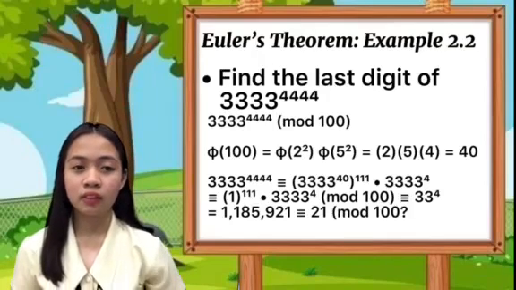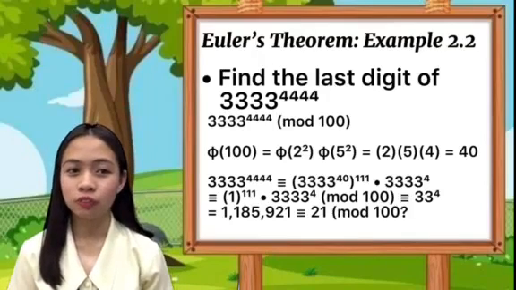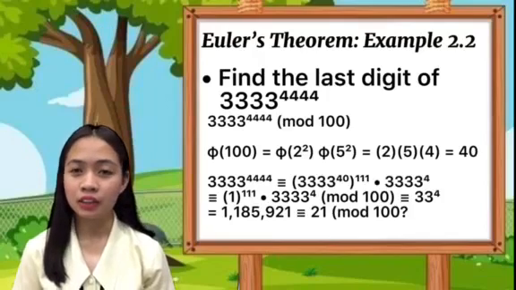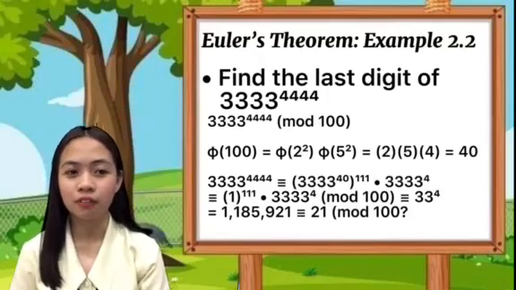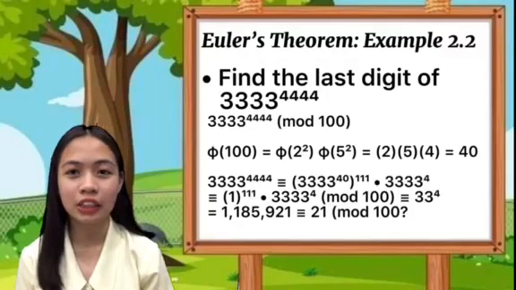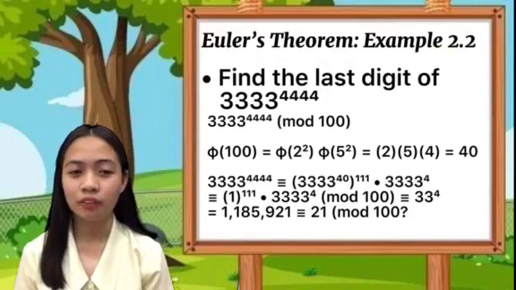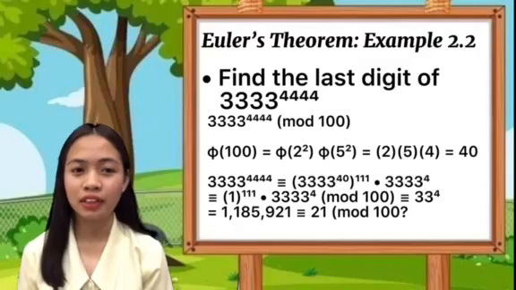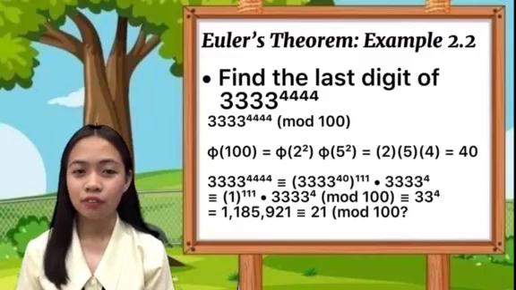So to continue, we have here 3,333 raised to 4,444 equivalent to 3,333 raised to 40, raised to 111, multiplied by 3,333 raised to 4,